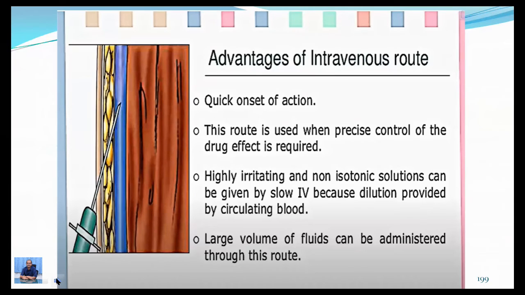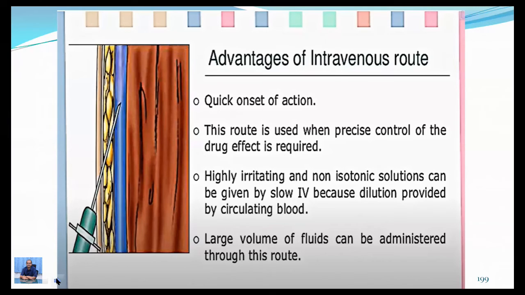Non-isotonic solutions can also be administered through the intravenous route, because most of the time you cannot say that the solution is isotonic. In case of bovine ketosis, the concentration of glucose to be administered is 20 to 50%. So it is a very concentrated solution of glucose. At that time also, the preferred route is intravenous for non-isotonic solutions. And many drugs, such as proteinous preparations, are also not isotonic in nature. So they can also be administered by the intravenous route.